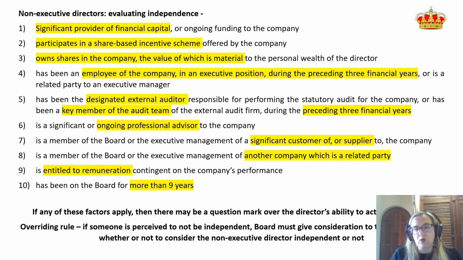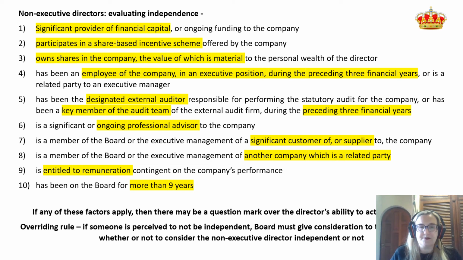Where a member of the board or the executive management is also a director on a related party company, on another company which is related to the company, then you can't be considered independent. And where you find this nowadays typically is if you have a holding company structure, so you have a big holding company and it's got lots of little subsidiary companies at the bottom, and where you have one of those directors at the holding companies is now sitting on the boards of the subsidiary companies, then they would not be